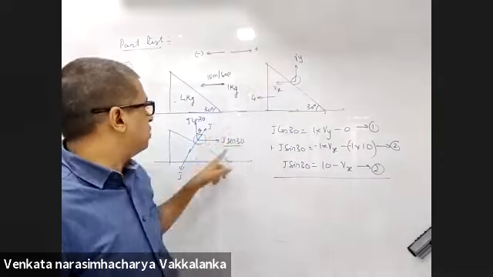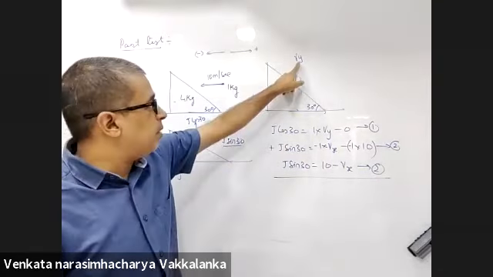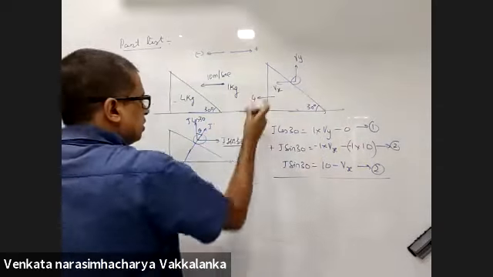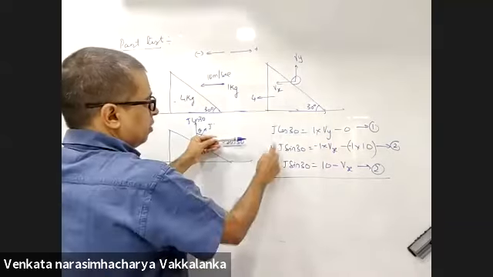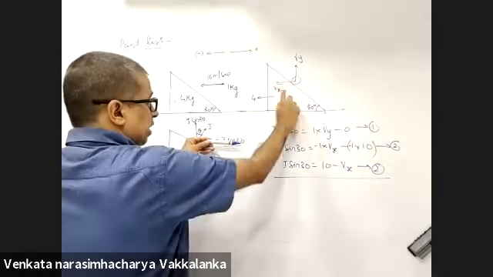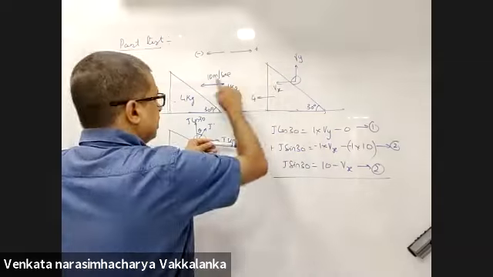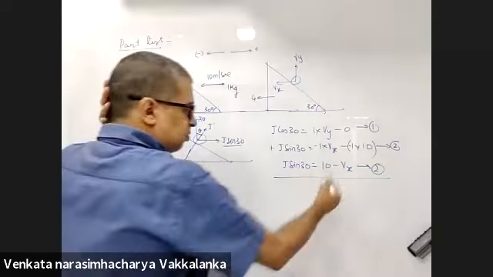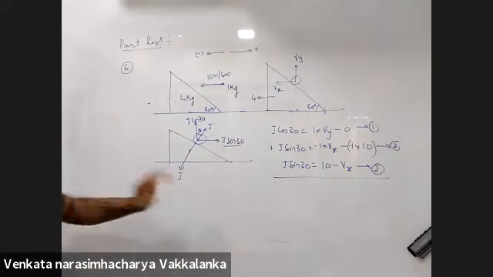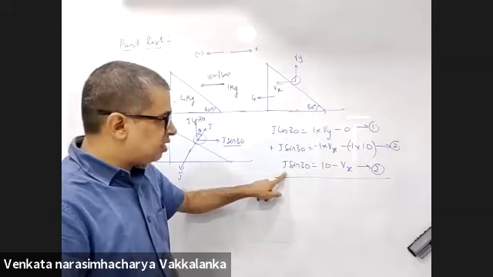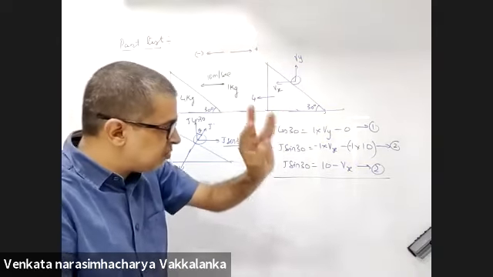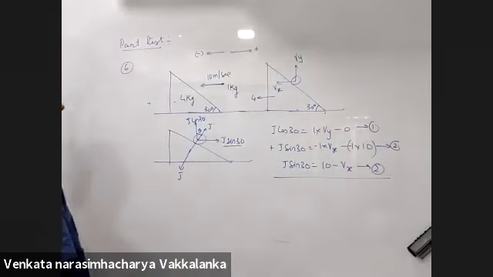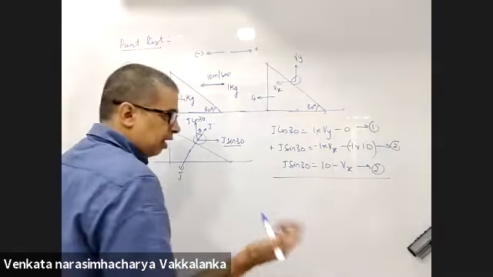Right? J cos 30 is m into Vy. J sin 30, I took positive, will be equal to final momentum m into Vx negative minus m into Vx initial. Minus of minus became plus. How many variables do I have? 2 equations as of now and 3 variables. J is 1 variable, Vx is 1 variable, Vy is 1 variable. Agreed?